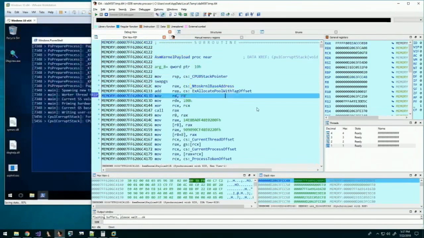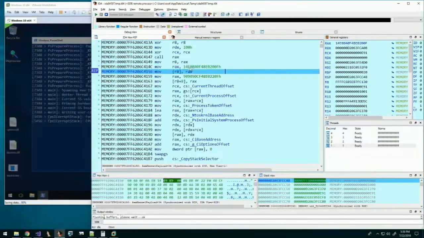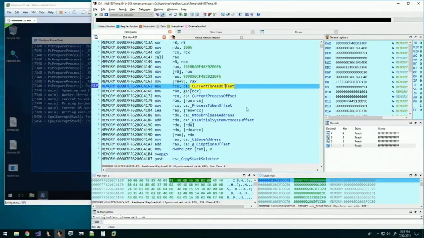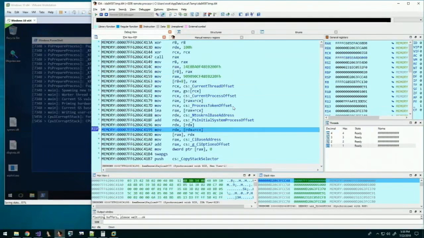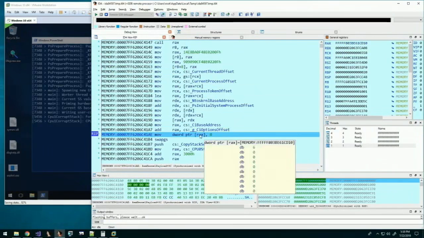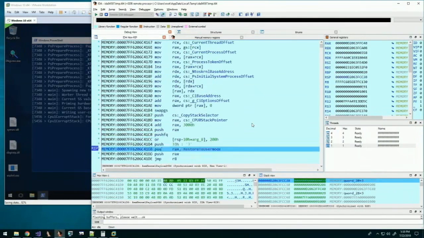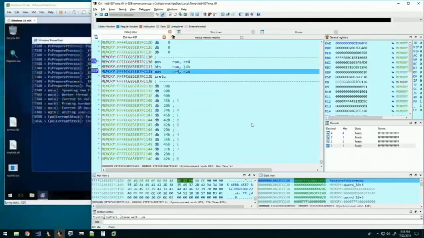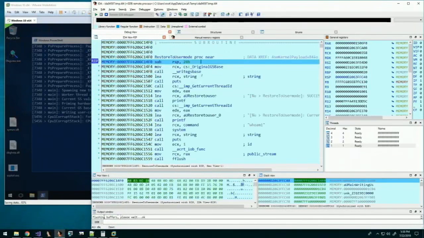So in kernel mode, as CPL0, we are setting up a way to come back and recover the operating system. We steal the system token from the system process so that we have admin rights to load the driver. We disable driver signing enforcement to get past that second barrier. Finally, we set up the IRET stack so we can return back to our user mode code. We re-enable SMEP, and we're in user mode.